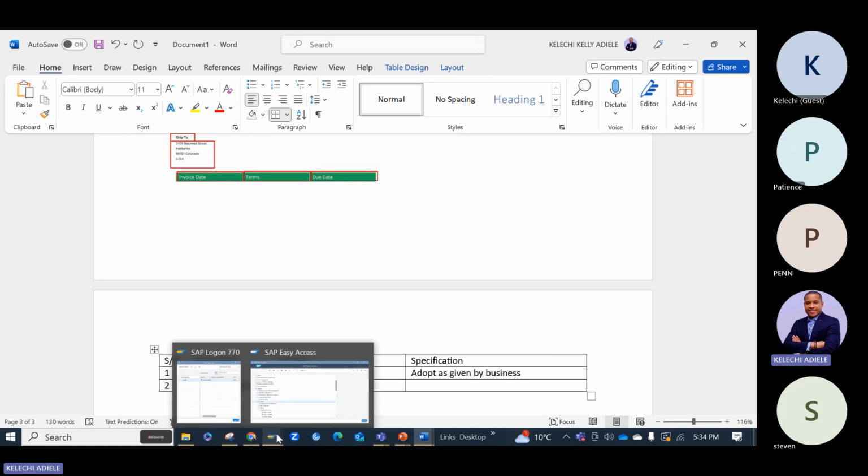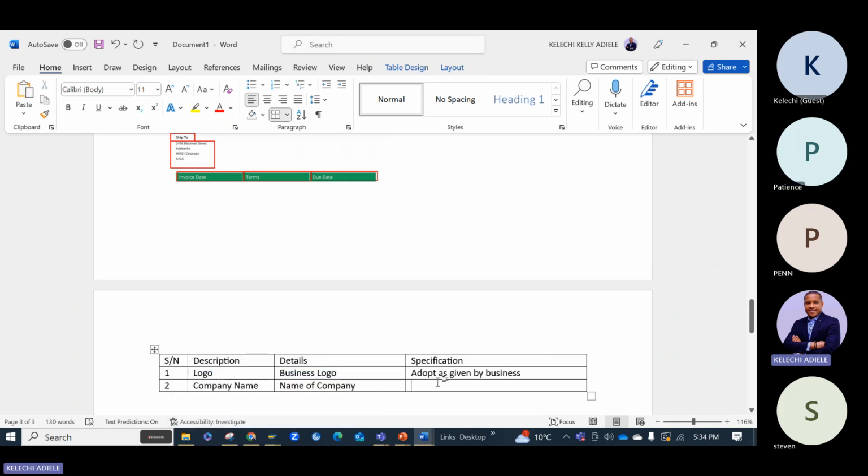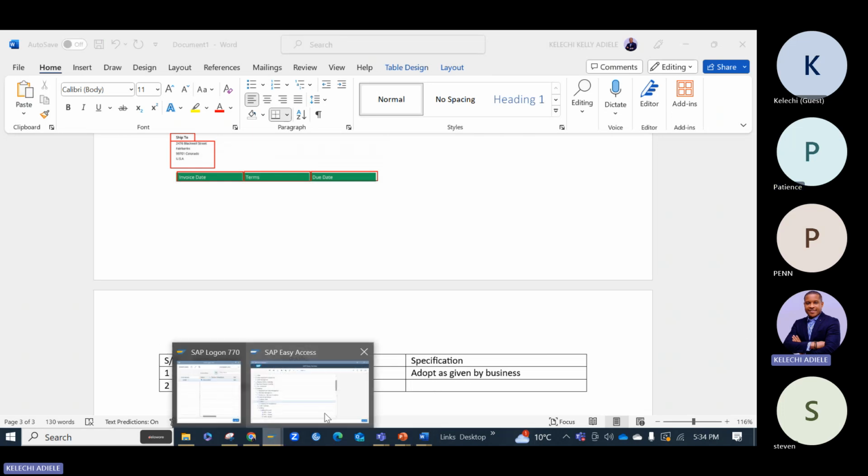The question is, in the specifications, what we're supposed to now start adding is the technical names, because outside this logo that you have told him to adopt as given, you now have to start. This company name, we can even start with the company code, whichever one you want. So how do we get the technical name for the company name? That's where the functional consultant work starts, because you can't give him a name like Z, this, no. You have to go into the system and get it. So let's go to